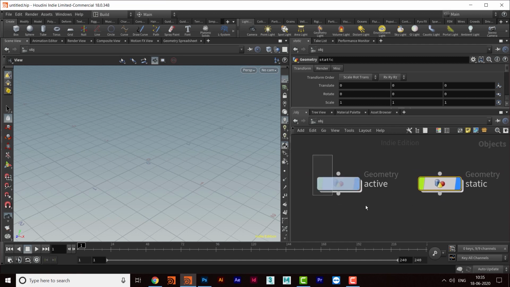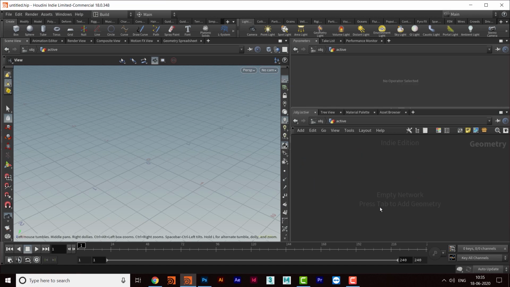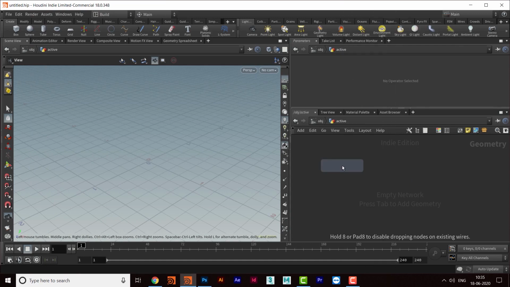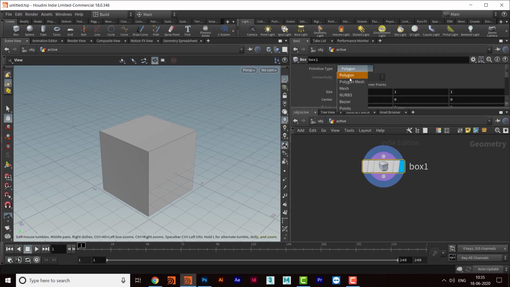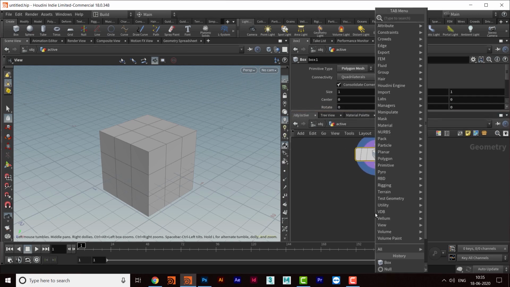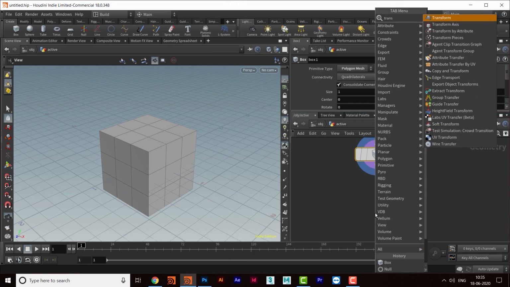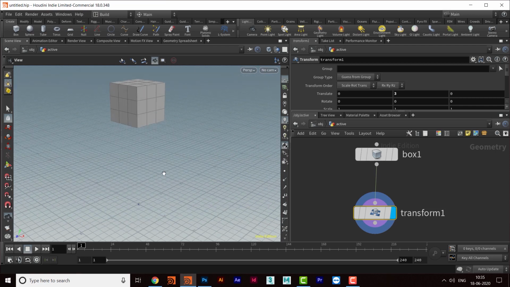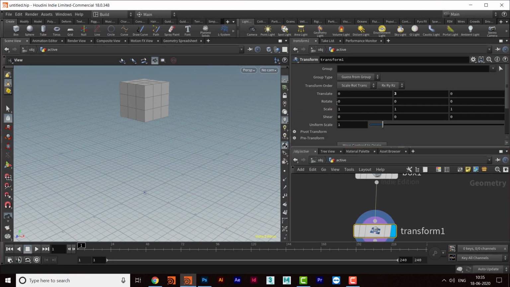Okay, so here I'll be creating two objects. The objects will be very simple, like a box or something. So I will take a box and change that to polygon mesh, then apply one translate transform node and take it up 3 units, and then rotate it a little, 45 degrees.